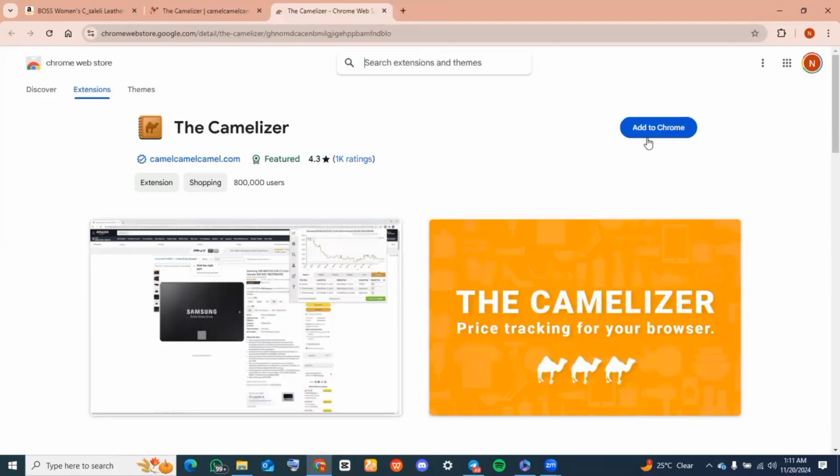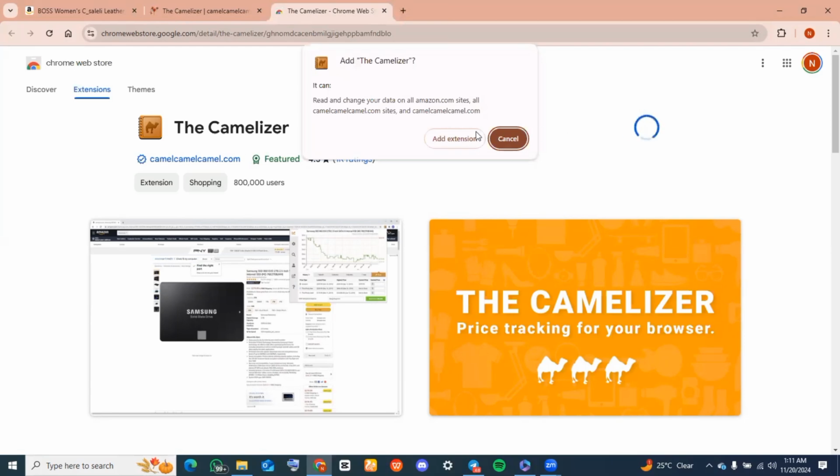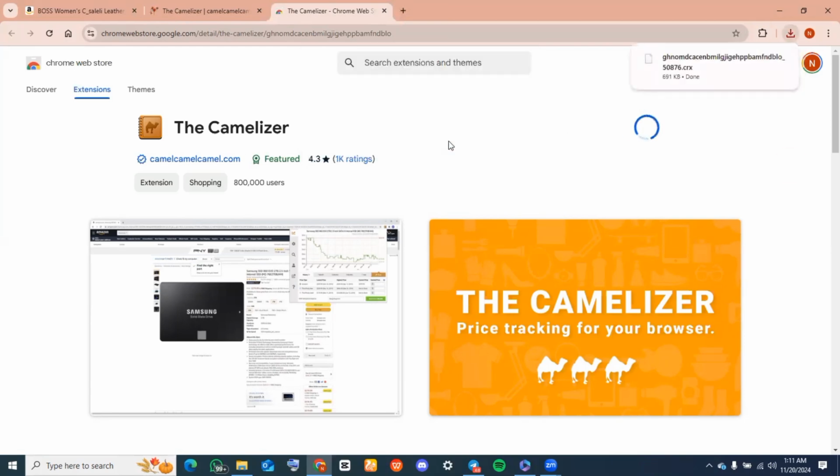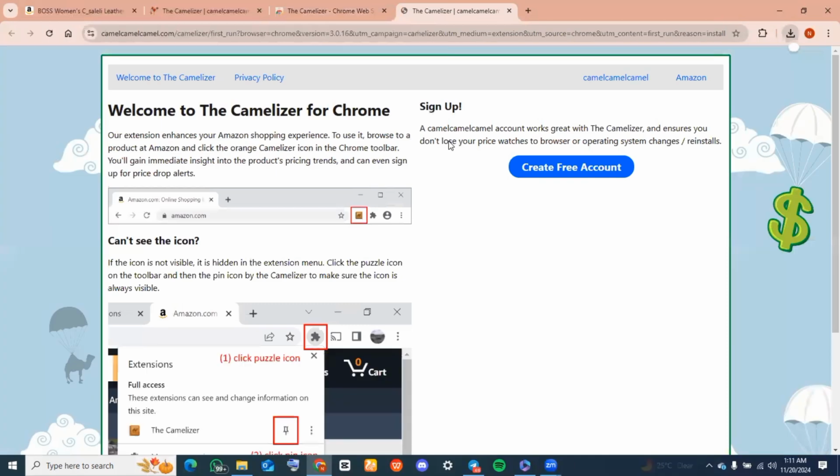Now you want to click on add to Chrome. It is at the left hand side of your screen. Now we're going to be tapping on add extension, and after downloading this extension I will just tap on it